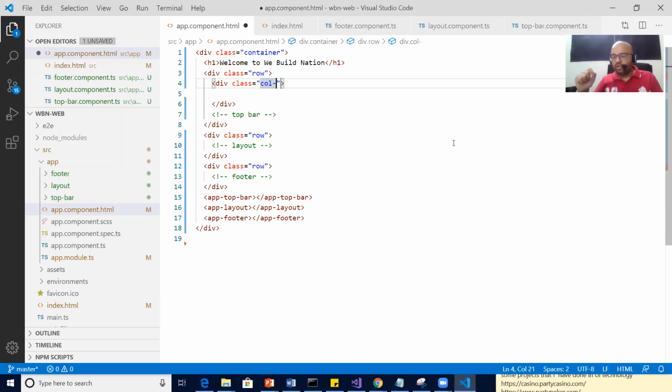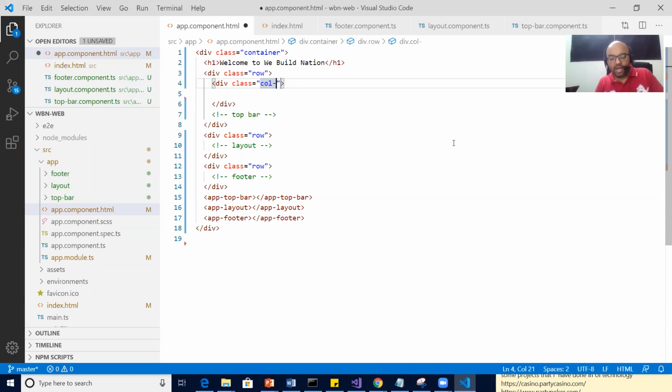In one row, the total number of columns we have in Bootstrap is 12. In one row, the maximum number of columns can be 12. So col-1 means 1 column width. Col-2 means not 2 columns, but 2 column width. Col-4 means not 4 columns, but 4 column equal width, correct?